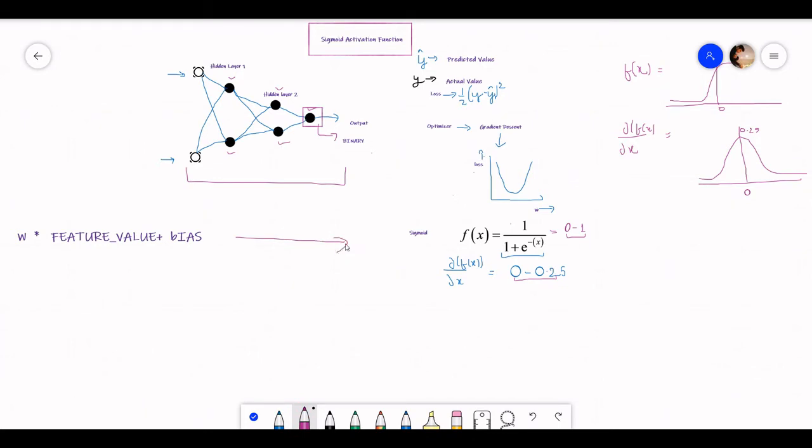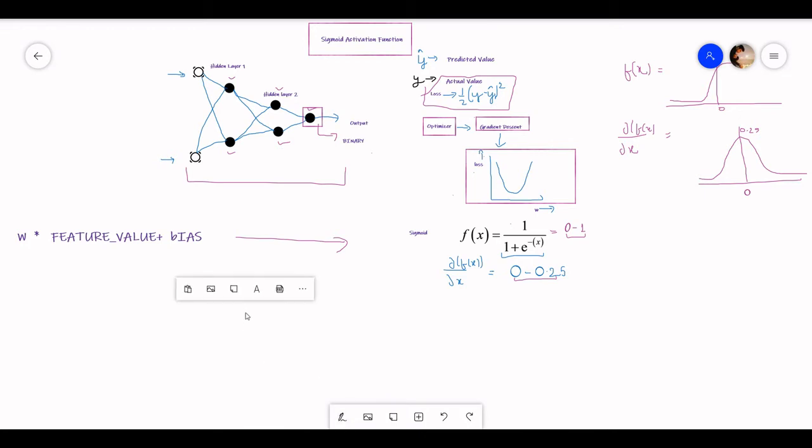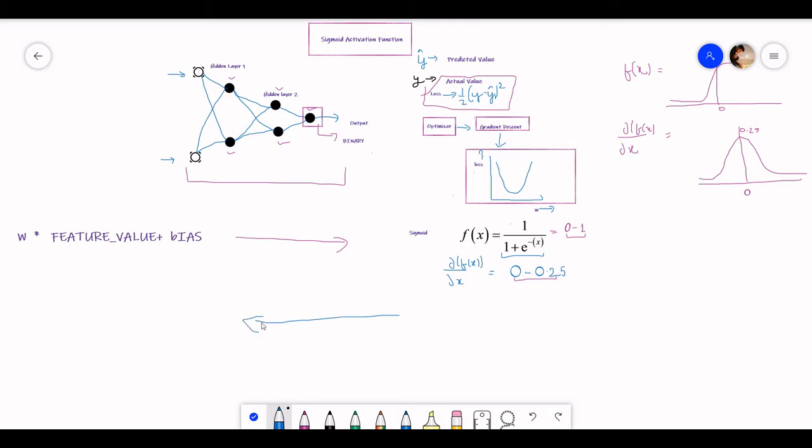But in backward propagation, after the first forward propagation, it will find our loss, and to decrease that loss, we will use something known as an optimizer. Suppose we are using an optimizer such as gradient descent, and this is the graph of gradient descent. In back propagation, to reduce the loss, it will update our weights also. All the weights here will be updated.